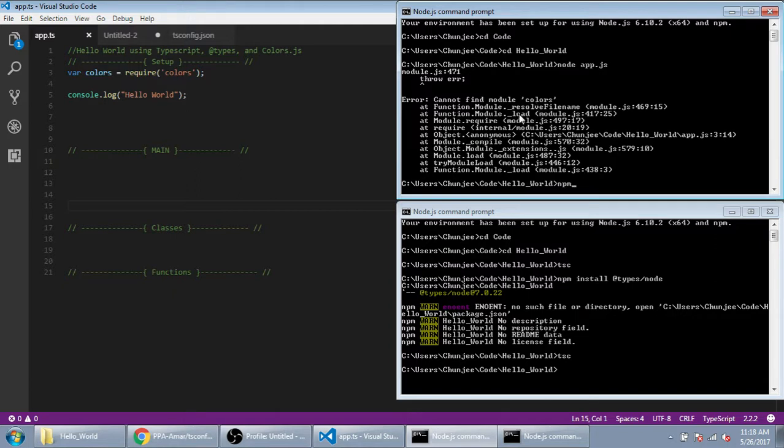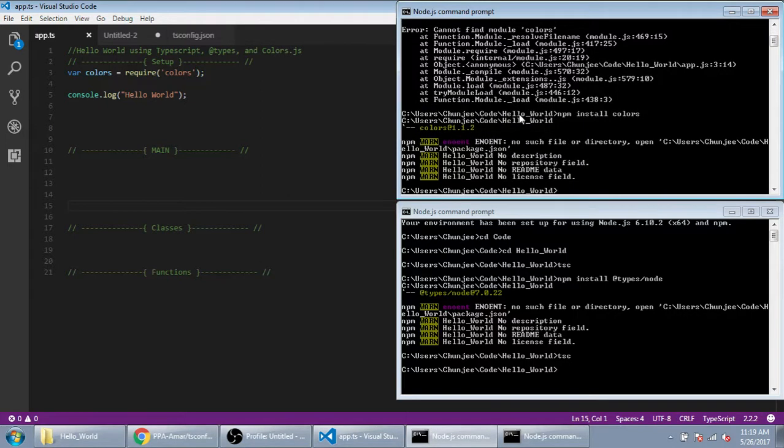Well, that's because colors is not installed. Of course, you know what npm is, as you've already installed TypeScript, and you need npm to get TypeScript installed. So now when we run,